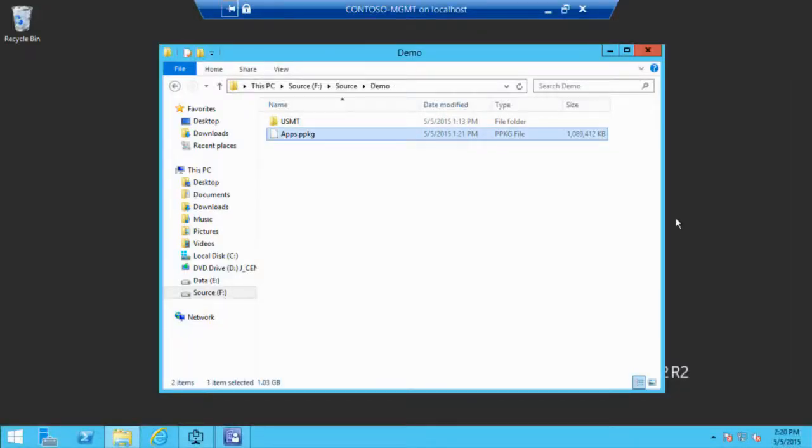So that's a 1 gig provisioning package containing all the apps and all the drivers from my virtual machine. So what apps do you think I have in there? Office? Good guess, but no. I have 2 applications in there. One of them is the Config Manager Toolkit, which isn't very big, and Acrobat Reader, which also isn't really that